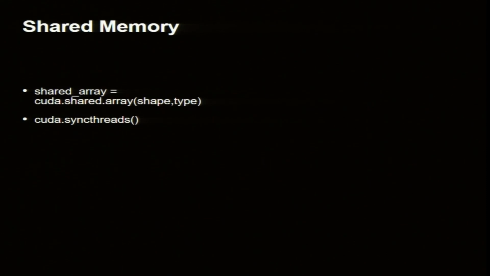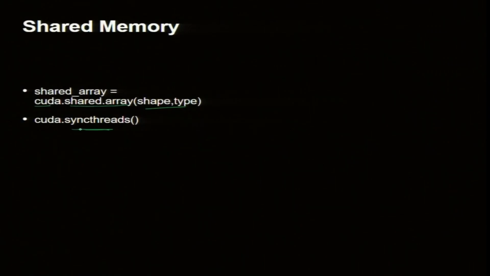A simple problem where I will use shared memory. How do I declare it in Numba CUDA? shared_array = cuda.shared.array(shape, type). You can give the shape, meaning x y dimension or x y z dimension, and the type is float or integer or whatever.